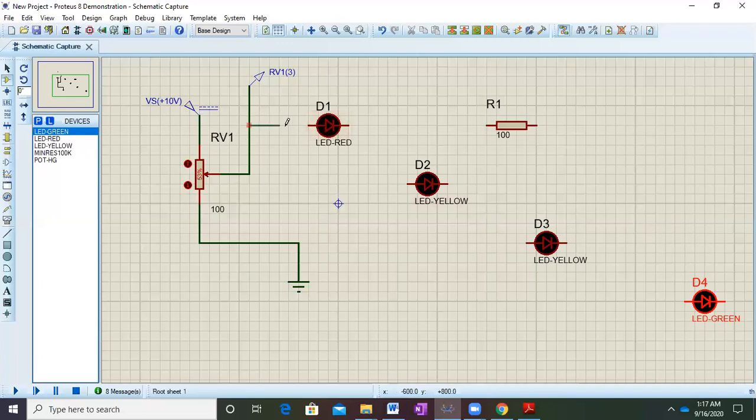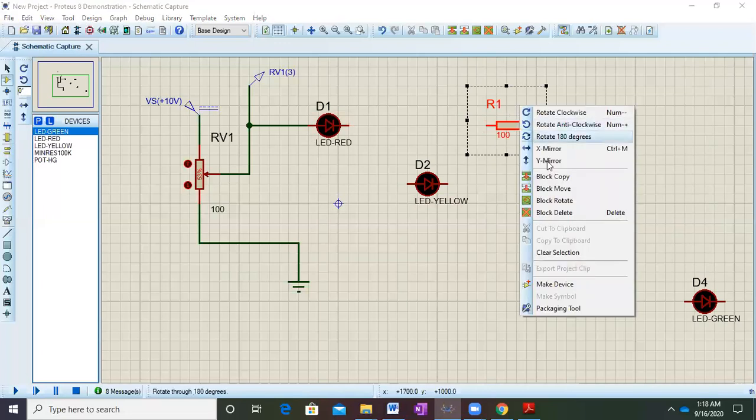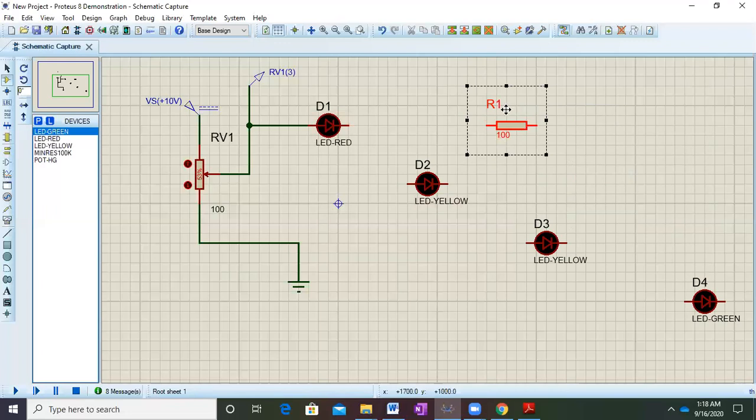And now I'll connect these connections. Basically I have to paste the same resistor once more. So what you need to do is left click and drag, and then again right click and choose block copy. So it will copy the same block.